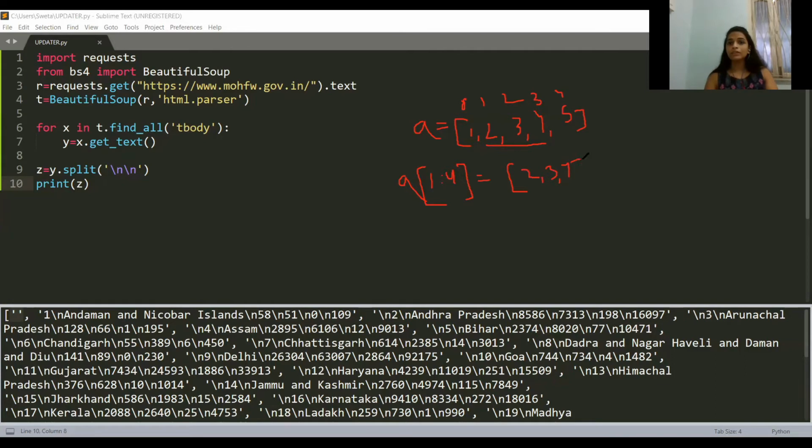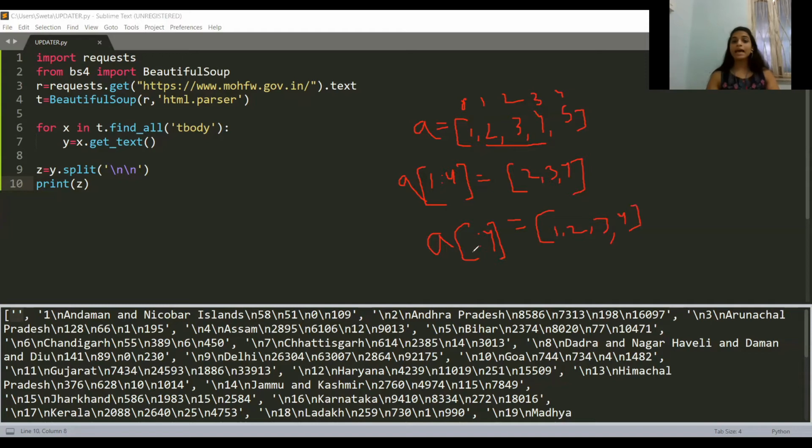Okay. So first of all, you actually need to give here the starting index and here the ending index plus 1. Okay. So I wanted to go till 3. So that is why I get 4 over here. So suppose instead of doing this, if you do this colon 4, what will happen? This will go till the index 3, but because you did not mention anything here, by default it will consider 0 here. That means it will start from the very beginning of the list. Okay, so this will return you 1, 2, 3, 4.